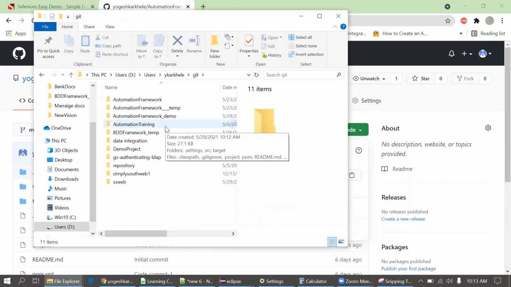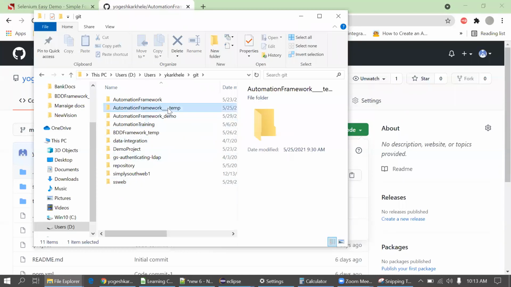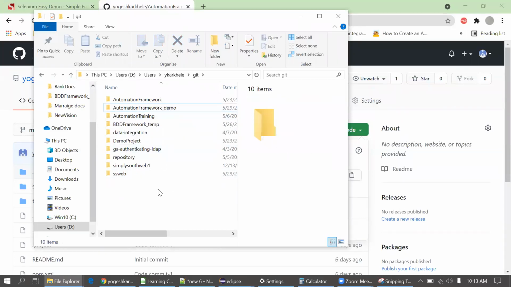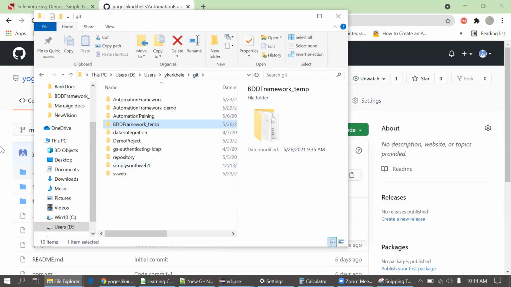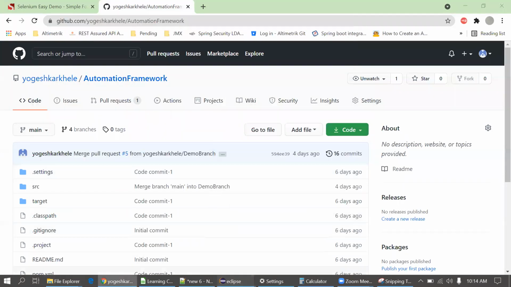I will delete this temp as well. This temp as well. Okay. Now I'm not deleting this, I'll just keep it as it is.